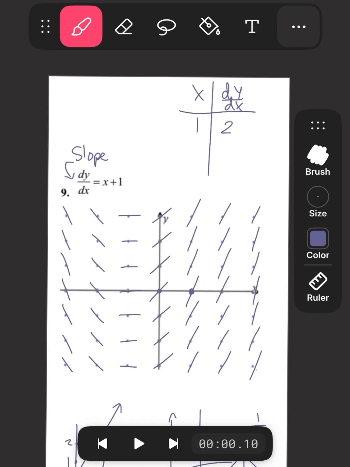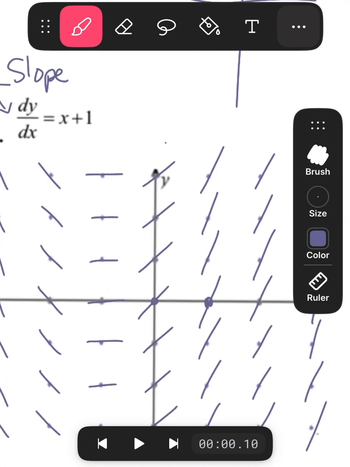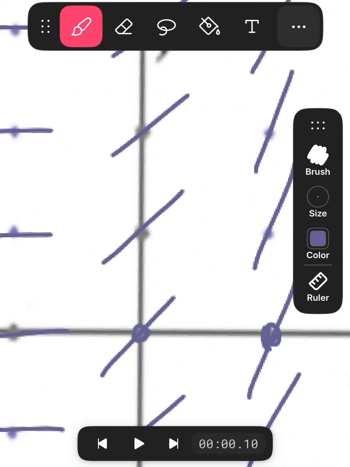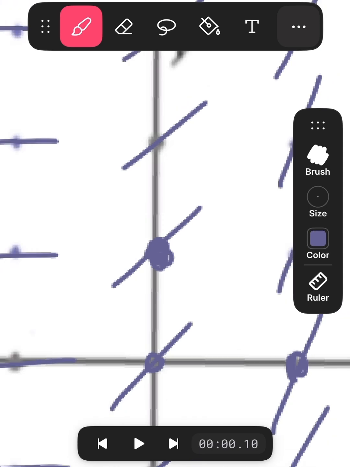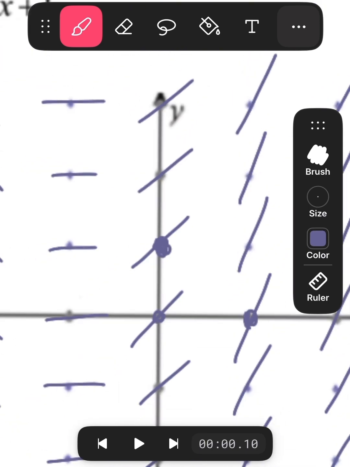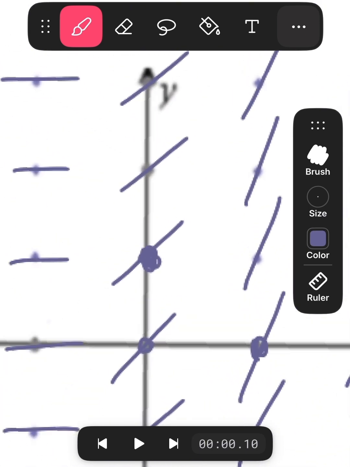Well, they might say something like passes through the point, but they'll give you a point or something. Say they give you 0, 1, which is this point here. They might ask you to draw what the function would look like if it passes through that point. And because we have all of these little lines here, we just need to follow them to figure out what